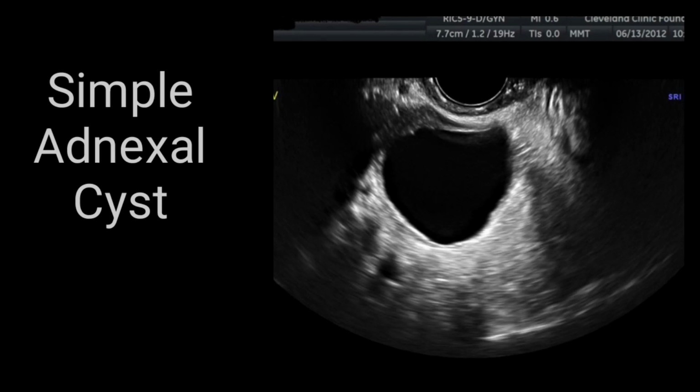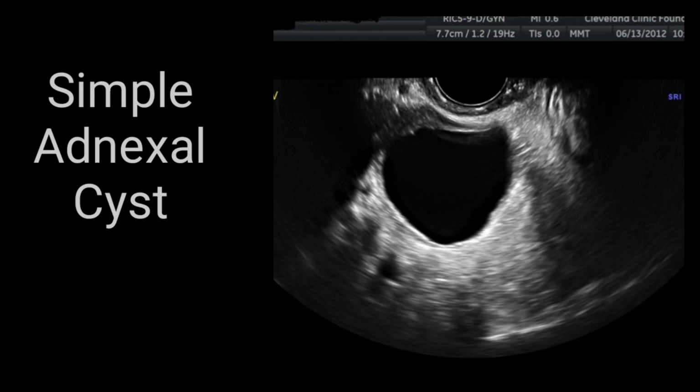But as far as radiological imaging is concerned, if the size remains less than 5 centimeters, you can still advise a follow-up scan within 4 to 6 weeks. After 4 to 6 weeks, if the size regresses, well and good. If not, and it remains the same, you can refer the patient to gynecology. Or in case the size of the cyst has increased from the previous size, again it would be better to refer the patient to the gynecology colleagues, so they will further decide what to do next,